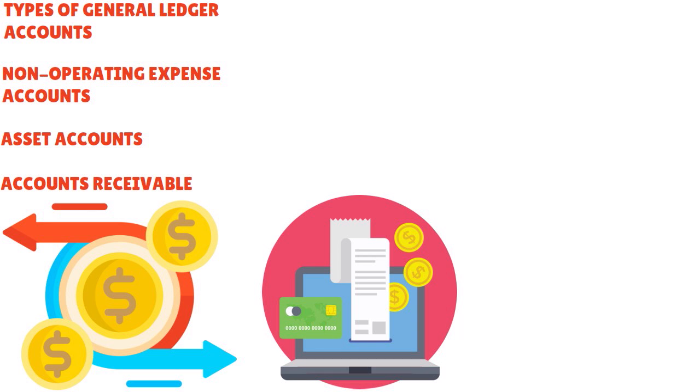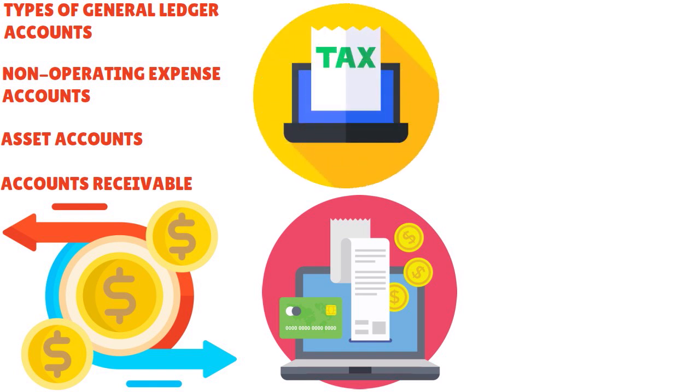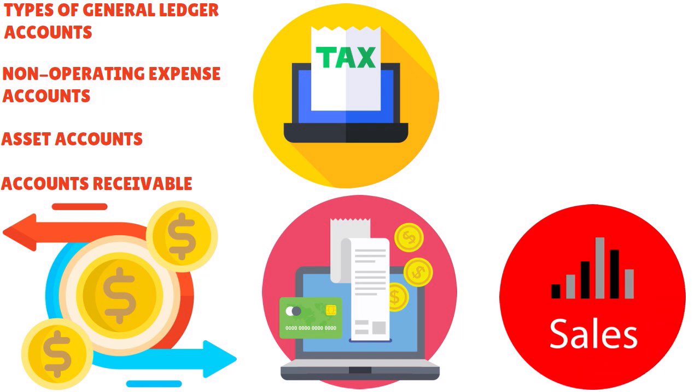So liability accounts track all legally binding debts that your company owes to someone else, like accounts payable, employees' wages and tax payable, or loans. When you think about equity accounts, those represent the owner's or member's capital, common stock, dividends, and retained earnings. When I speak about operating revenue accounts, they show the earnings generated by your business's primary activities, like sales and service fees. For operating expense accounts, here you have accounts that represent the cost of production and business operations, like